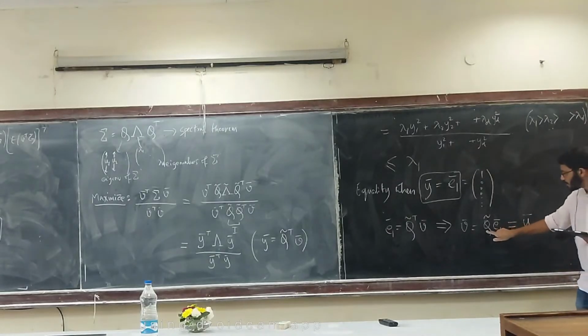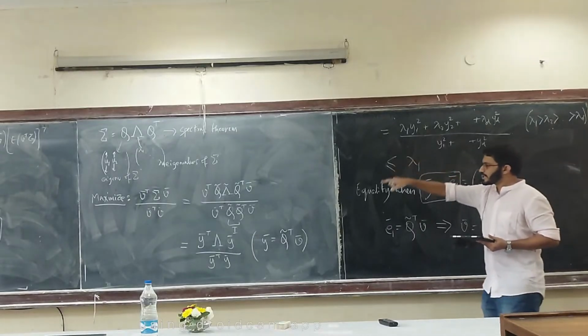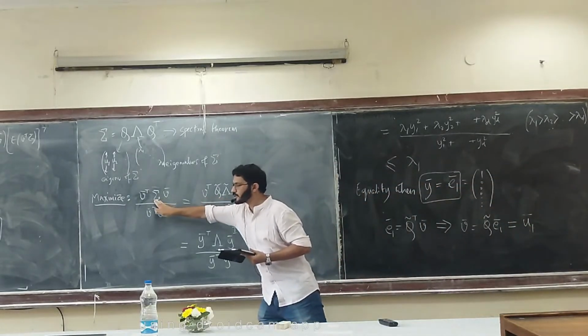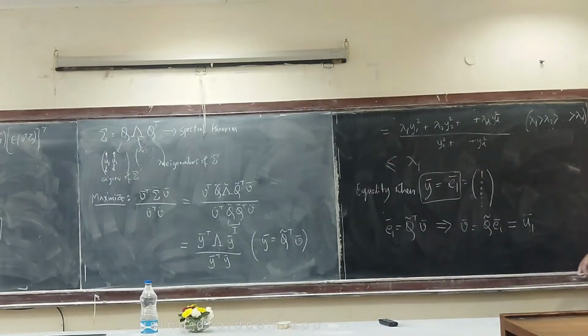Remember Q is the matrix of columns that are eigenvectors. You multiply that with the first standard basis, and it will pull out the first column, which is nothing but Q1. So then you have maximized this quantity when your V is equal to U1. Okay, so that's your